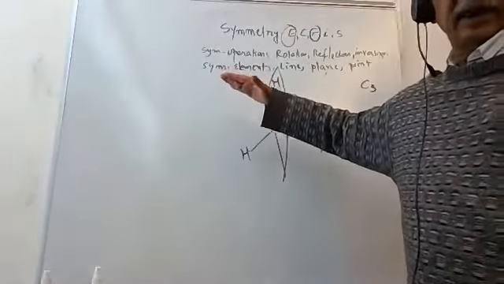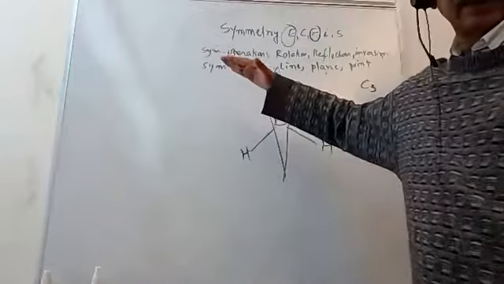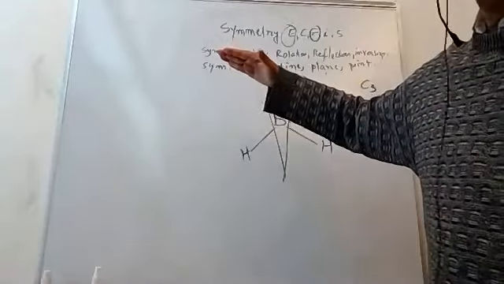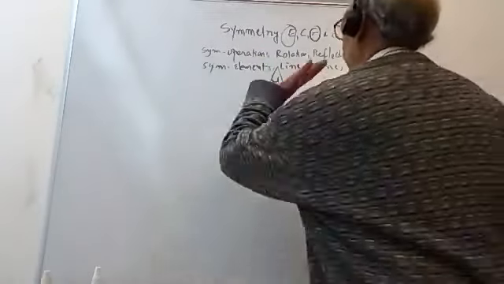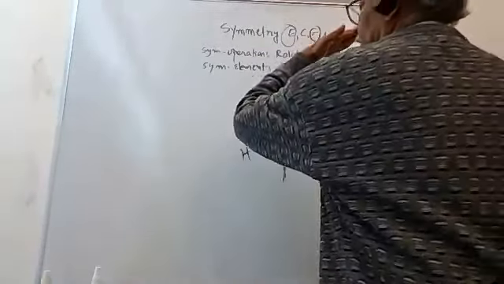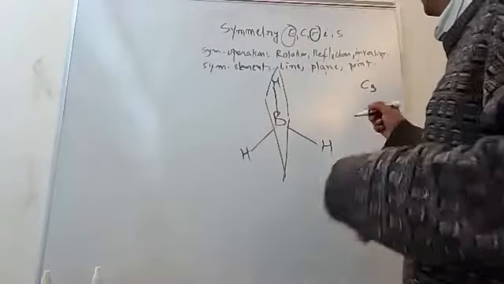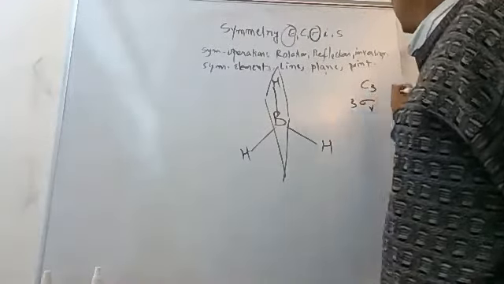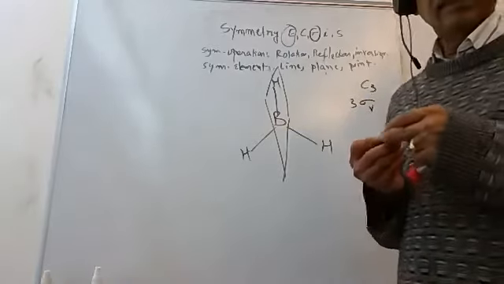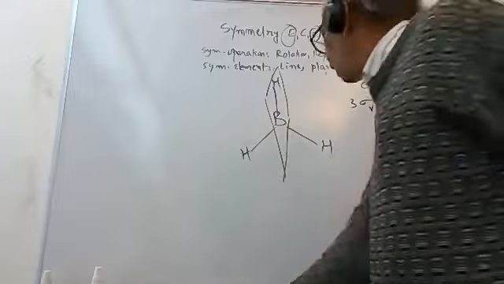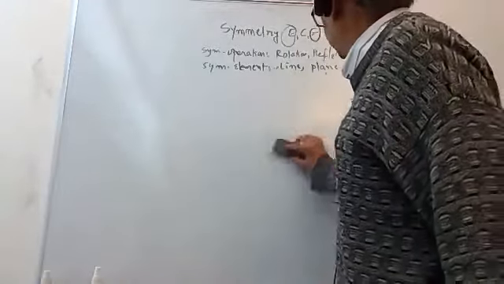How about this? Look at my hand here, the way it moves. That's a plane. Is that a plane of reflection? Yes. How about this one? Plane of reflection? Yes. So I have 3 sigma V's. In addition,